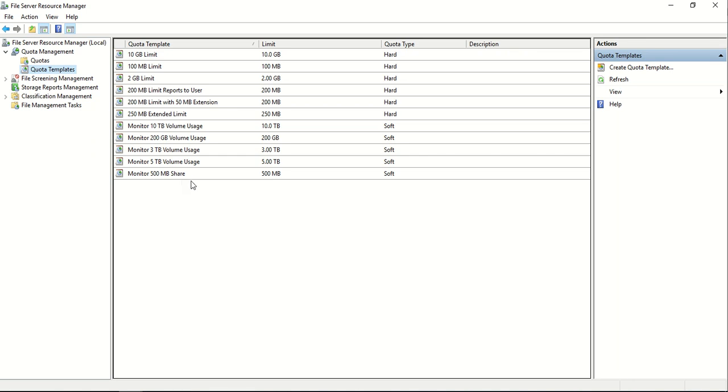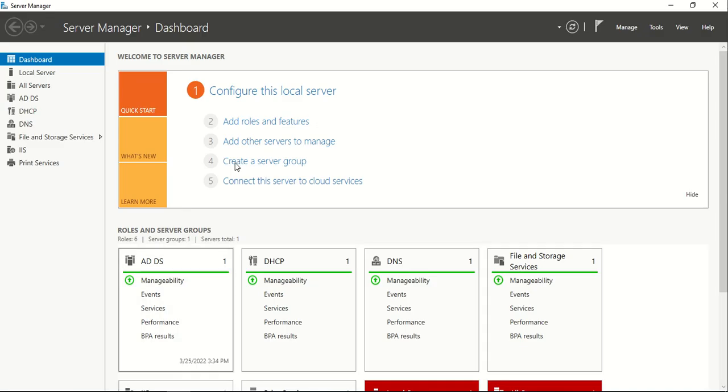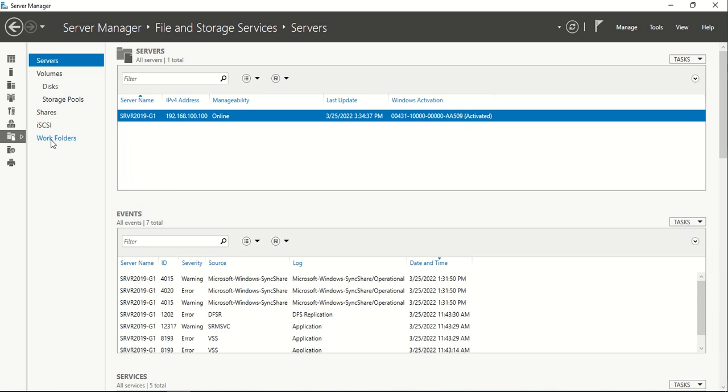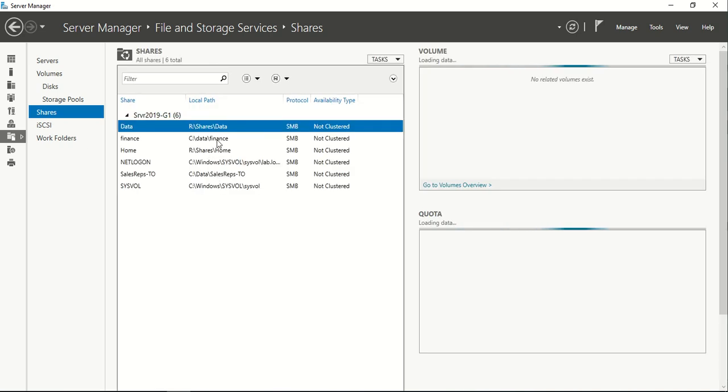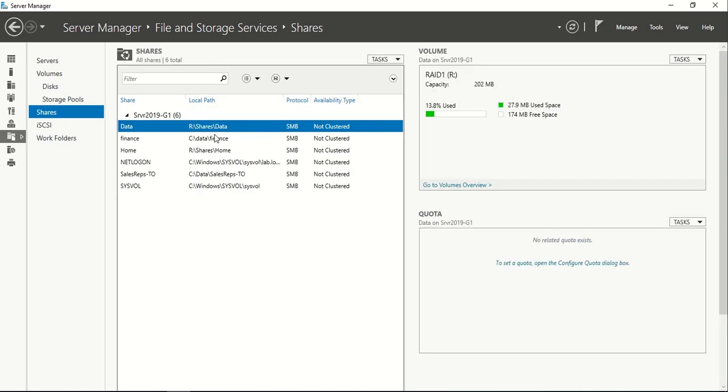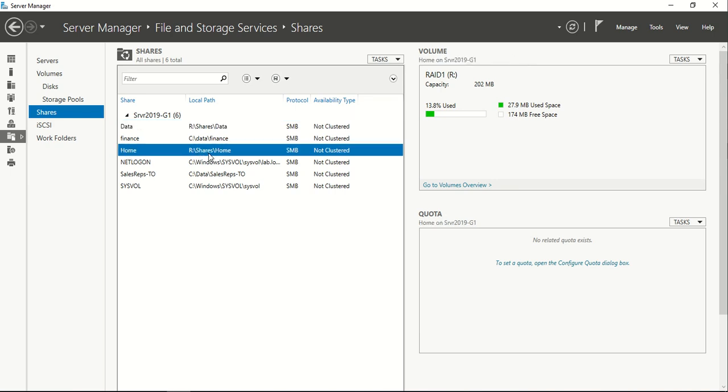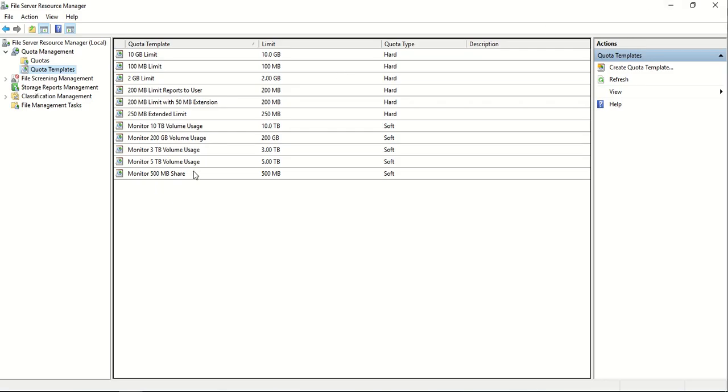Now before I actually create the template here, I just want to go back to my Server Manager into File and Storage Services, and I'll just show you where I'll set the disk quotas. If I click on the shares here, I have a number of shares, and the share that I'll be setting the quota on is my home share, which is located in shares home. Currently, if I look under the quota on the right hand side, you'll see that there is no quota that is currently applied. So let's go ahead over to the quota templates again,